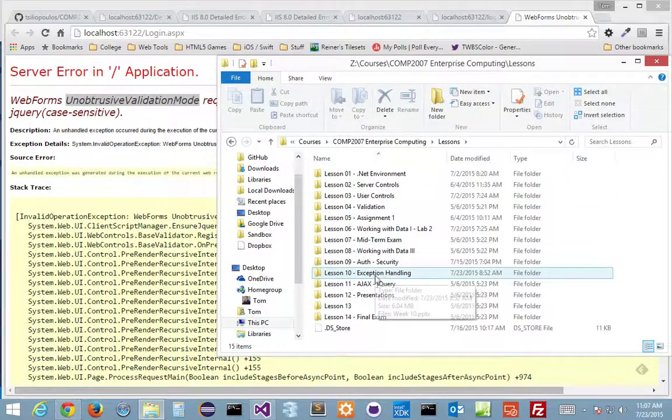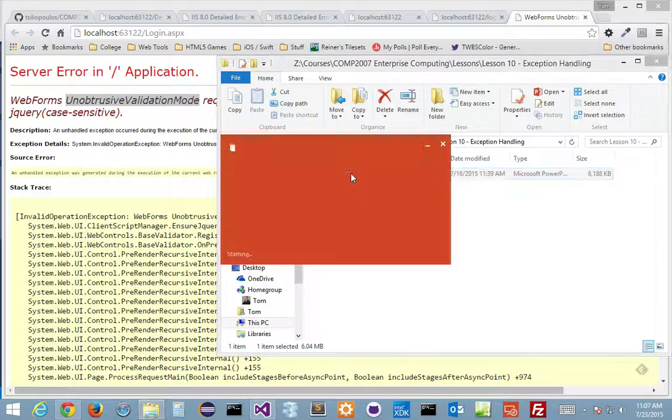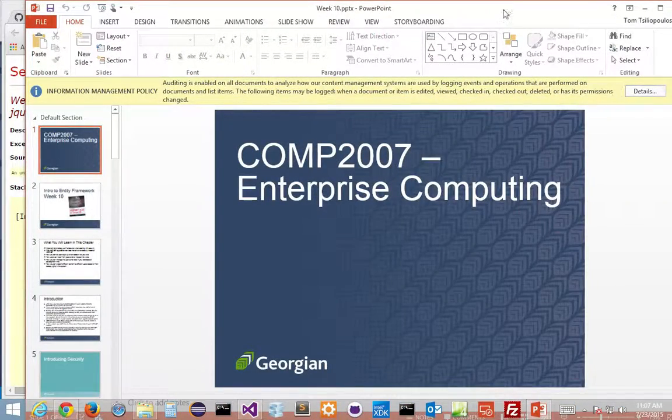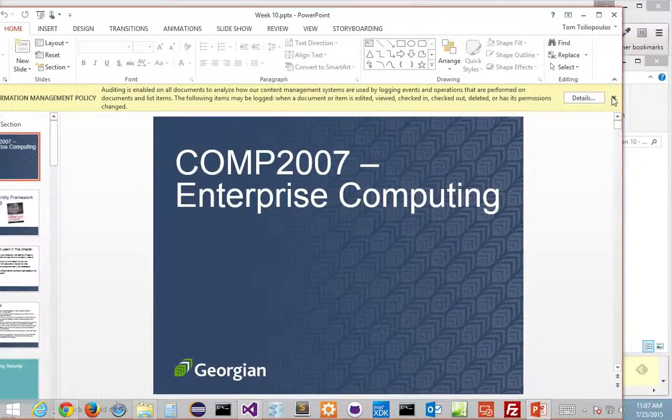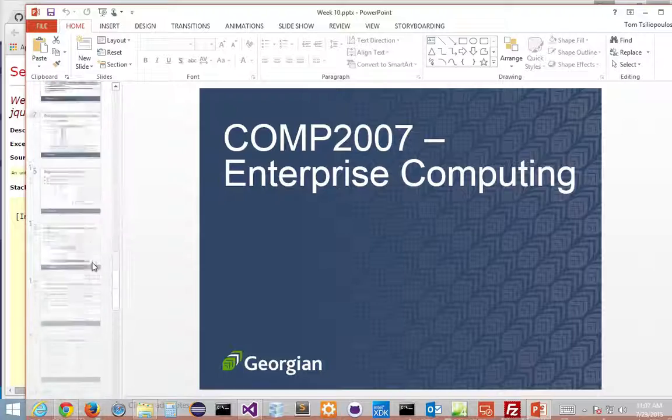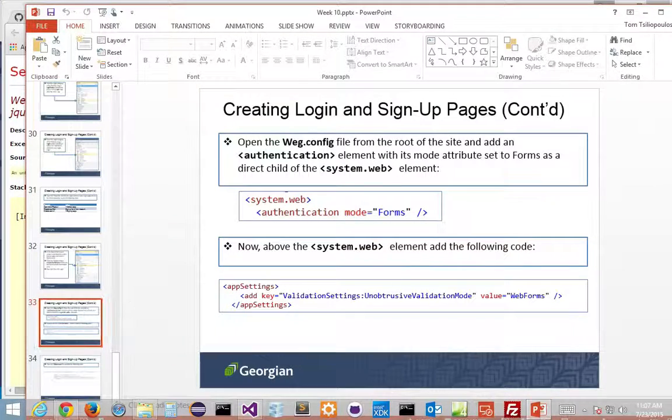Under last week's lesson, we did a little PowerPoint. I'll bring it up for you. I love these little errors. On the bottom, this is one problem we have to avoid. Right at the bottom of the form, it tells us we need to do two things. The authentication mode inside of our system.web, we need to add in authentication mode equal to forms authentication,